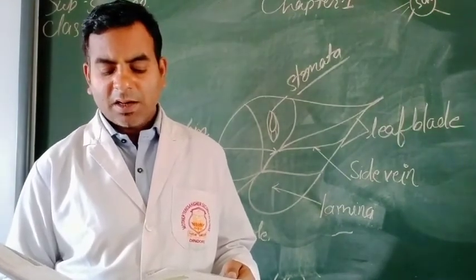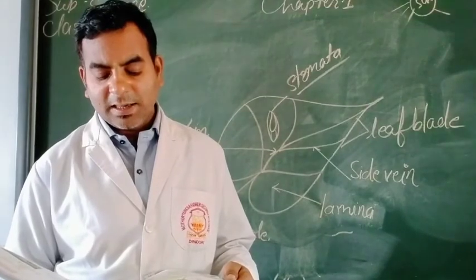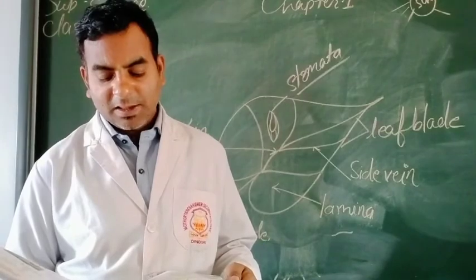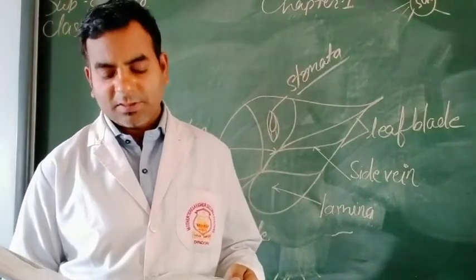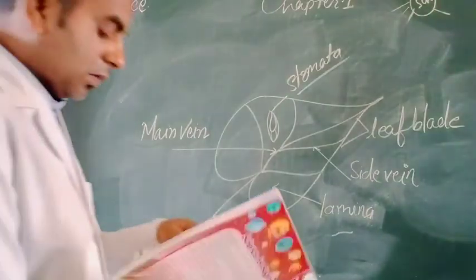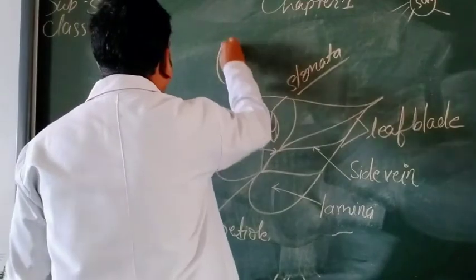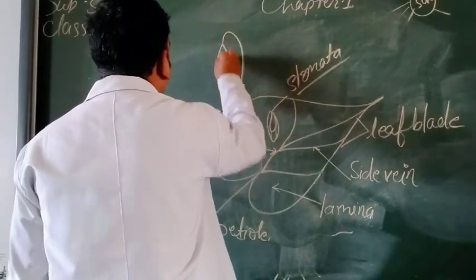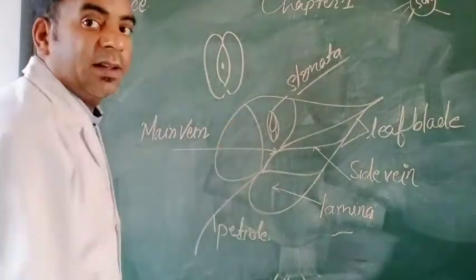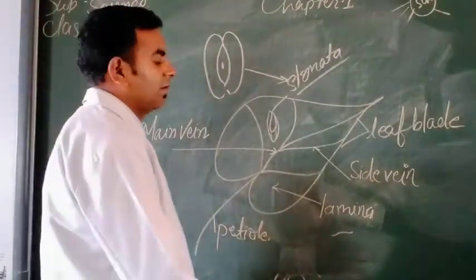If you cut through a leaf and look at it under a microscope, you will see the leaf cells. These contain the chlorophyll. Okay. So how do stomata look? Stomata look like this. Okay. This is the tiny opening. Stomata. Okay.